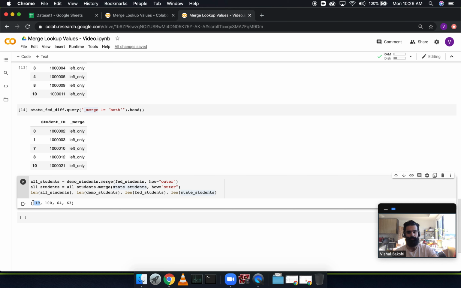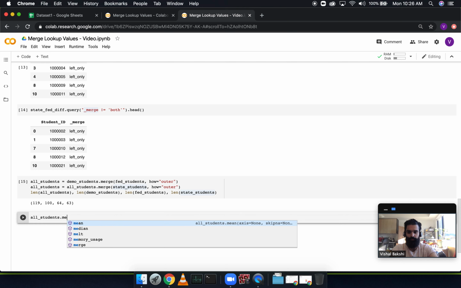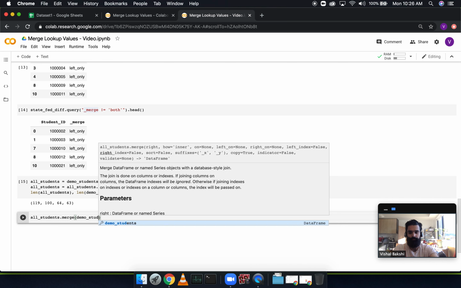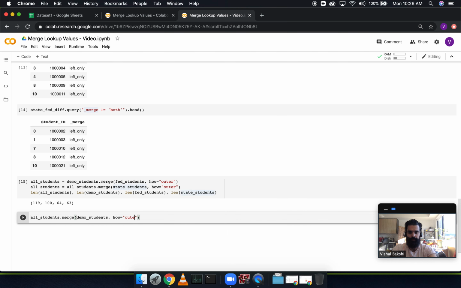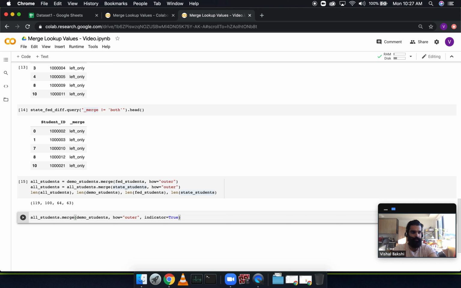One way to test this is merging my all students with each one of the original sets of student IDs. So what I'm going to do here is merge this, set indicator to true, and then use a similar query from before, where I'm going to say, show me